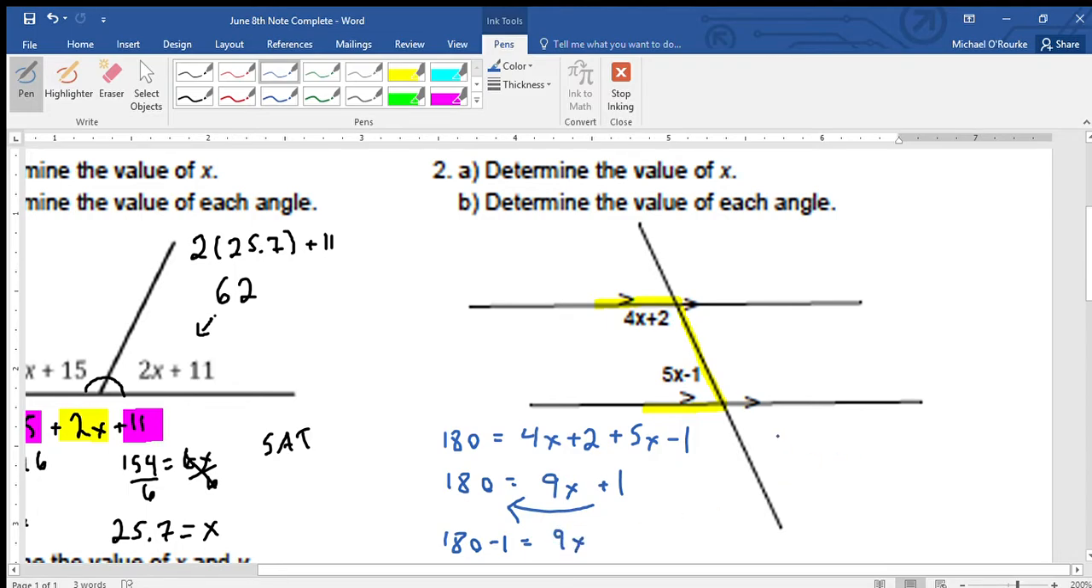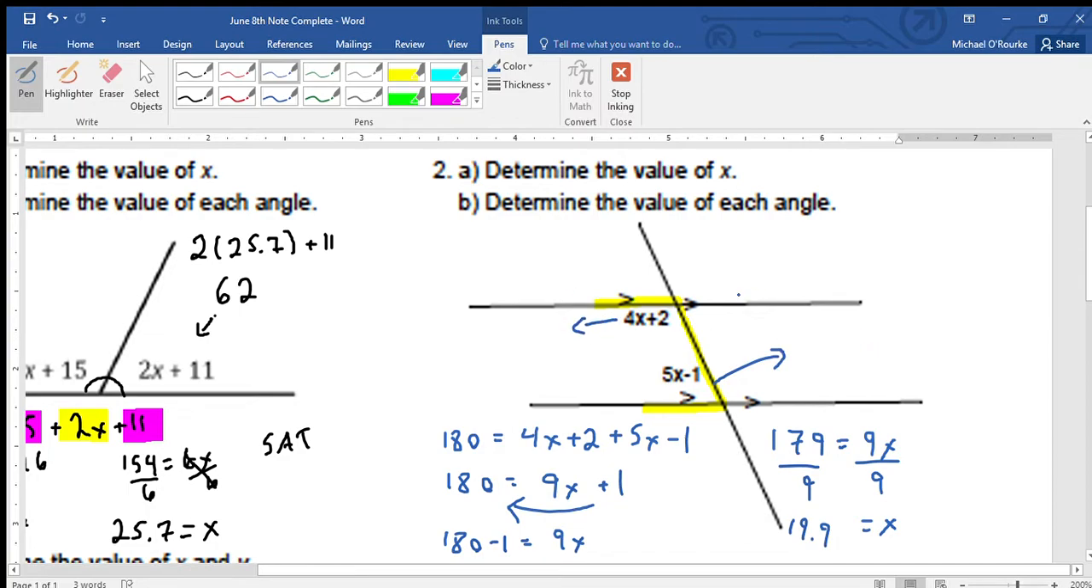I'm going to continue over here. 179 equals 9x. Then we get here, we divide by the coefficients. And this is probably going to give us an ugly number again. Yep, 19.9. So x equals 19.9. So let's go back here and figure out